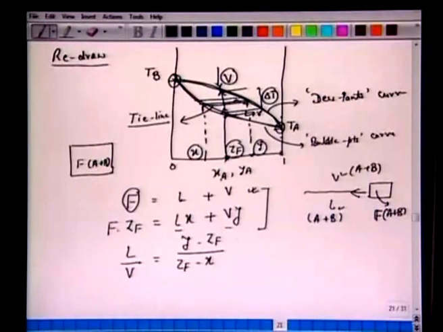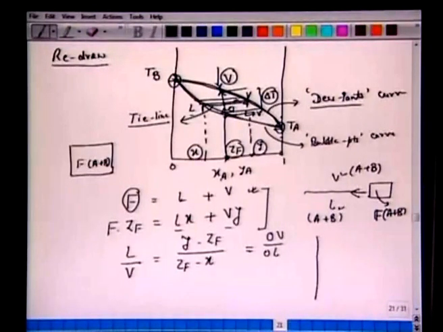If we choose, say, this O in between, and we call this V, vapor, which is a point on this dew point curve, corresponding to this O, and if we have L on this bubble point curve, then Y minus ZF is nothing but OV, and ZF minus X is nothing but OL. All right. So this is what we have.